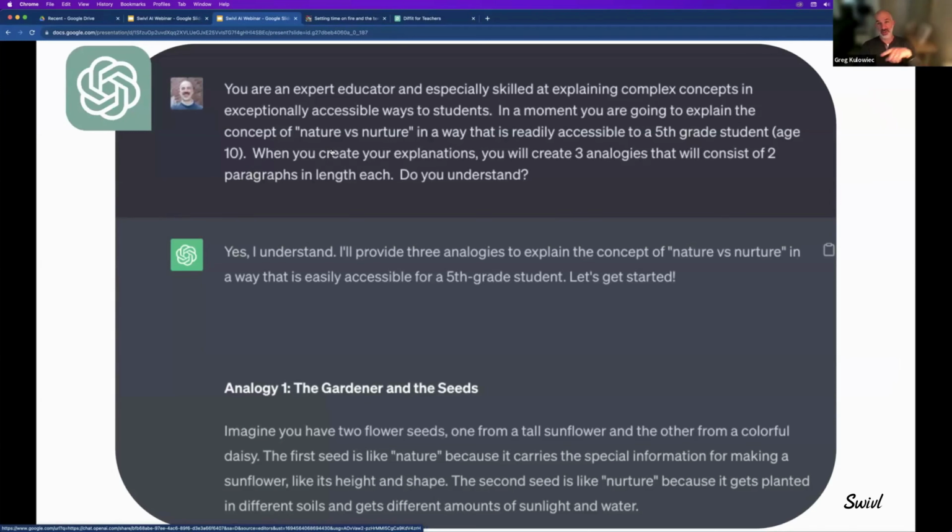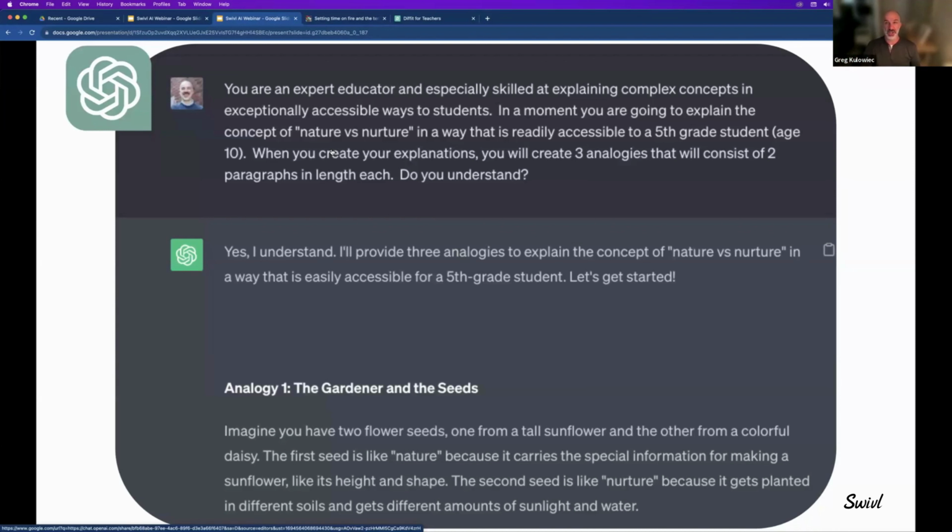Here's one of my favorite ways, and this goes back to last year when ChatGPT first emerged. My daughter's in 6th grade now, 5th grade last year, doing a Genius Hour project, and she picked nature versus nurture. It's a challenging idea to explain. It's nuanced, and I was having a hard time finding resources that were valuable, helpful, and age and grade level specific. So AI is super powerful at creating analogies, simplifying complex ideas, and turning ideas into stories.